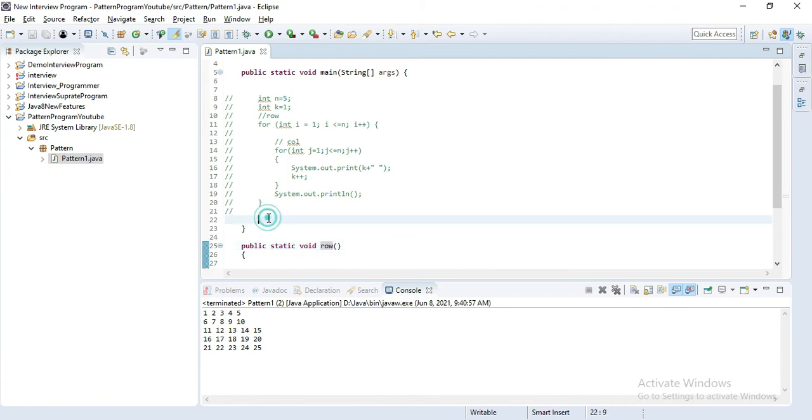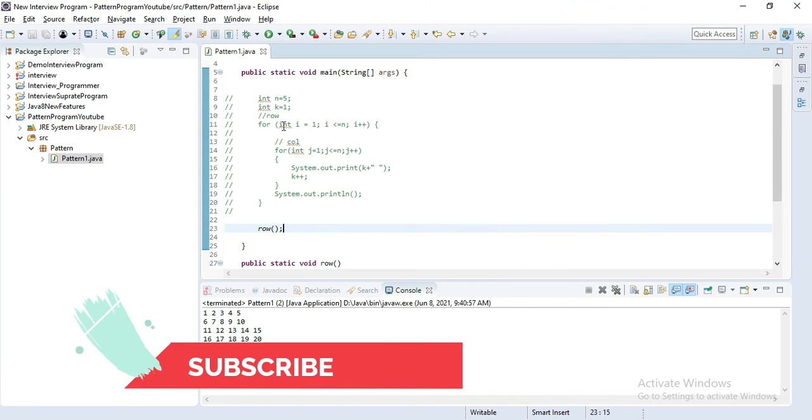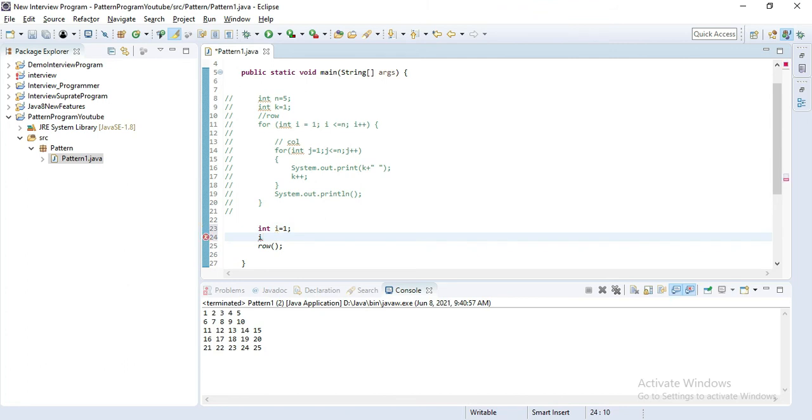I'll define the main method here, and if you observe, our outer for loop starts from 1 and goes up to some particular value, n. I'll pass those two values. I'll declare int i equal to 1 and int n equal to 5, and I'll pass those two things, i comma n.